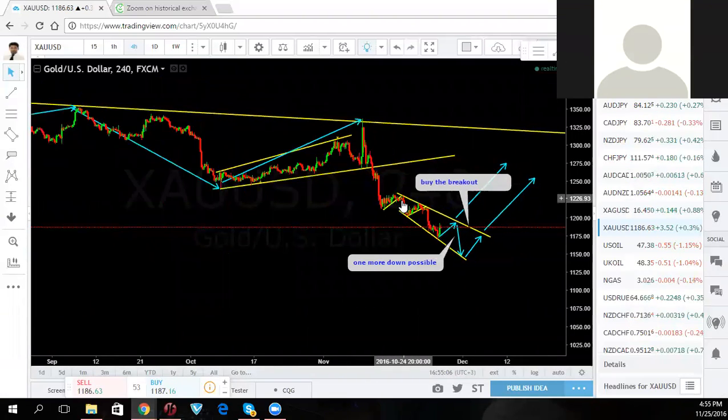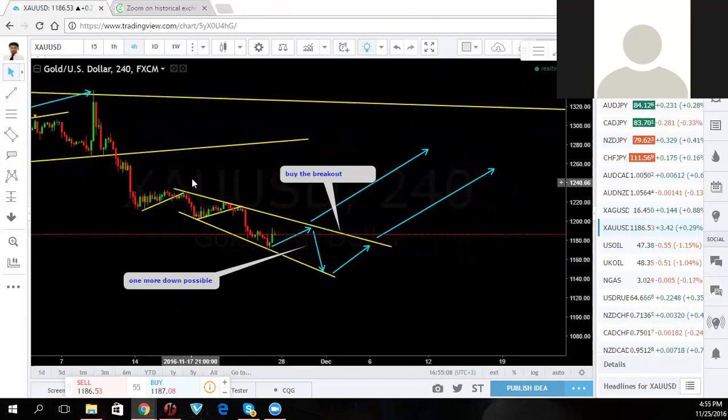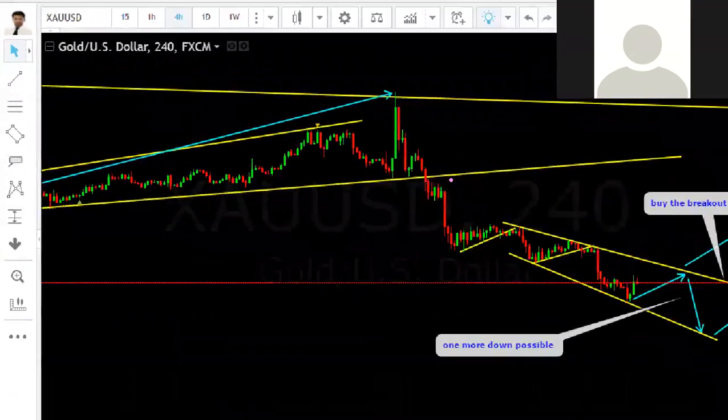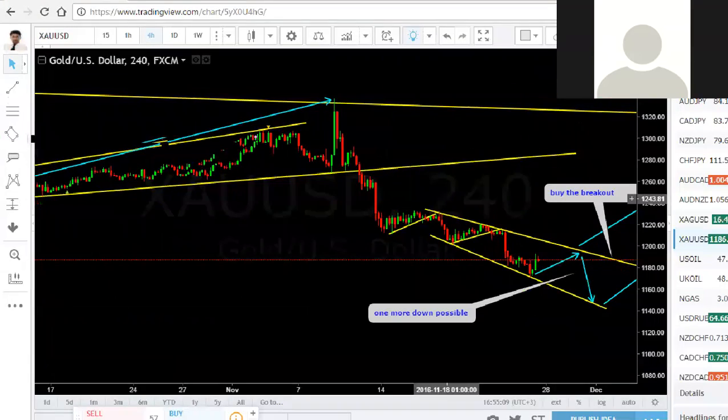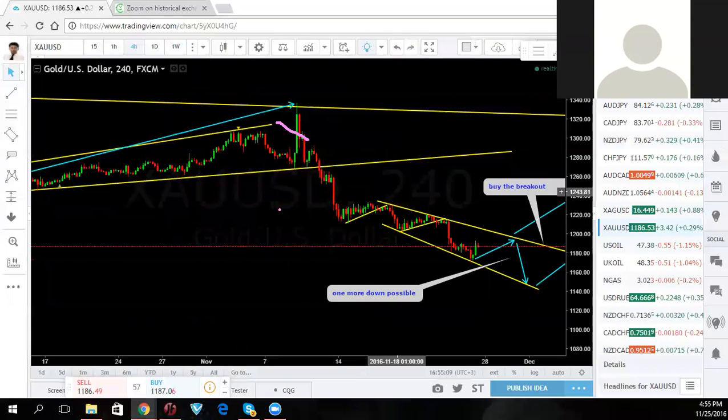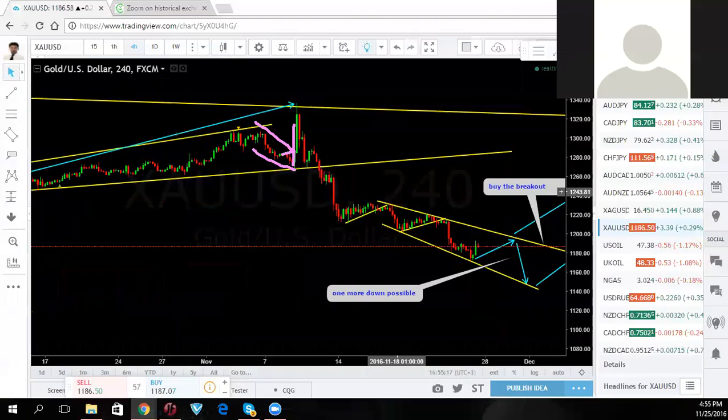It came down. And my traders, look at this pattern. Look at this pattern, it set a good chance for a buy. Once it comes here and starts to reverse, you take your trade off. Here is your sell opportunity. Here is your sell opportunity. Here is your sell opportunity.